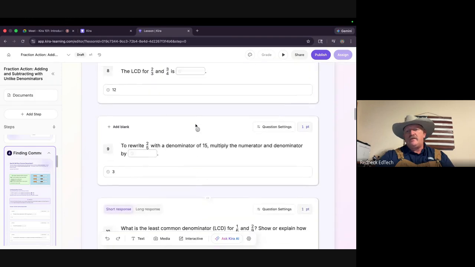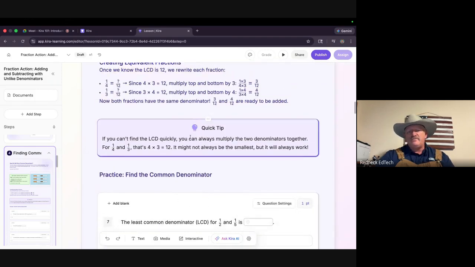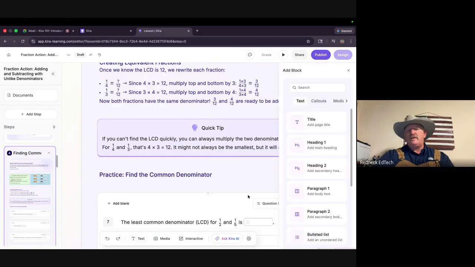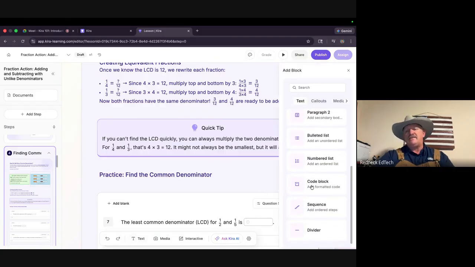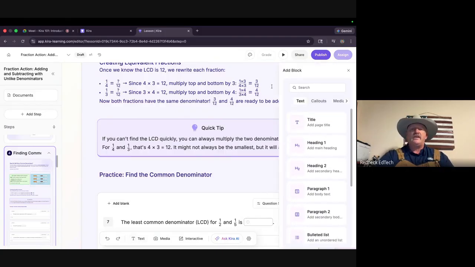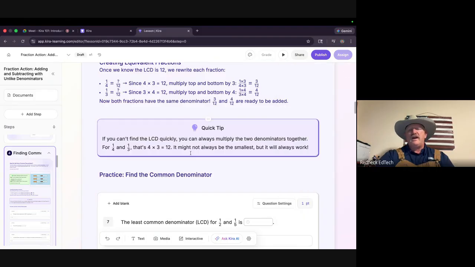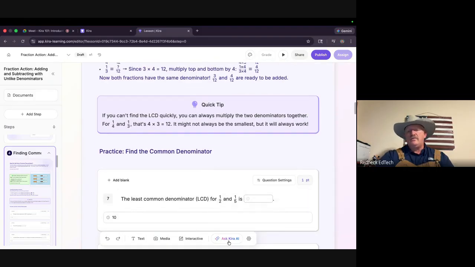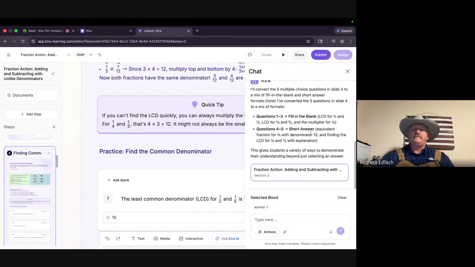The Kira chat window is a replacement for all of the tools. It's designed to assist you in creating the lesson that you truly want. Again, anything can be done. The more comfortable you are with it, if you want to come down here and just use the hotkeys and put stuff in the right spot, great, go for it. But if you're not exactly sure what you can do, ask Kira. Let her tell you, okay?